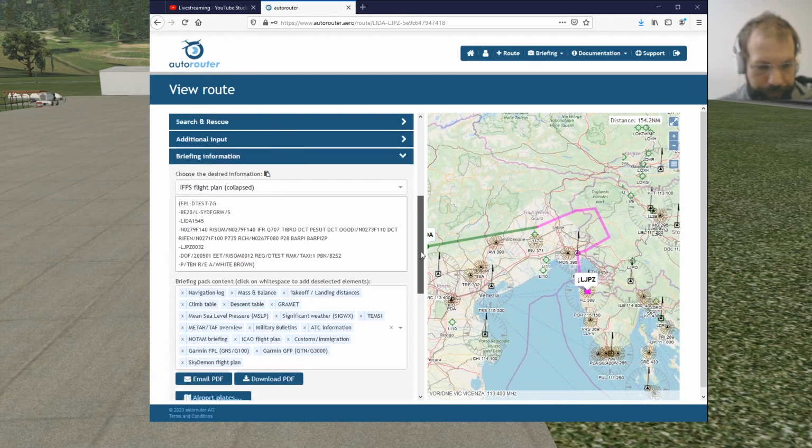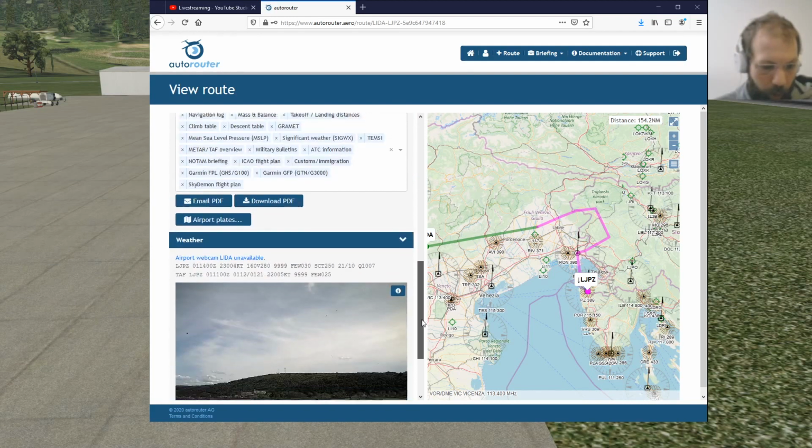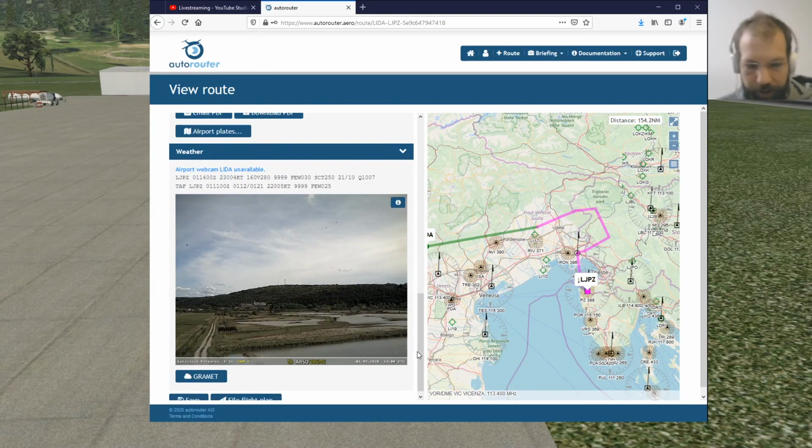Yeah, anything else? Weather is mostly fine. You can see here the webcam from Portoroz, so clear skies. Only to the west of us, to the west of Asiago, there are a few more clouds, which you might have seen on the intro when we zoomed in on the airport. And this is basically the southern edge of this